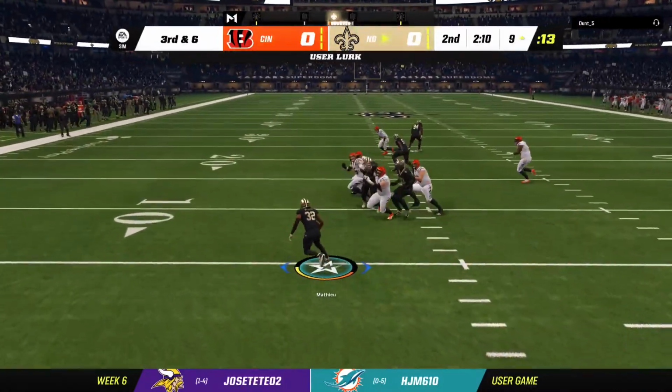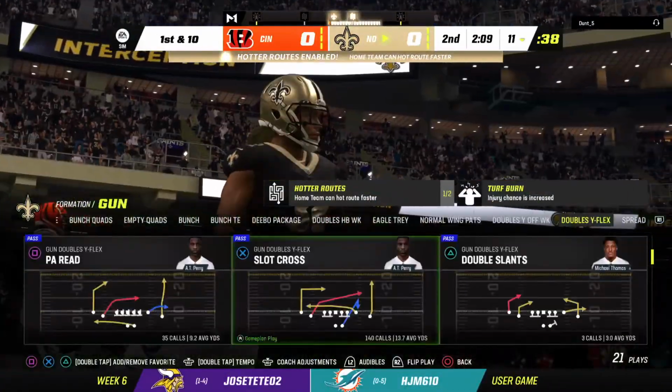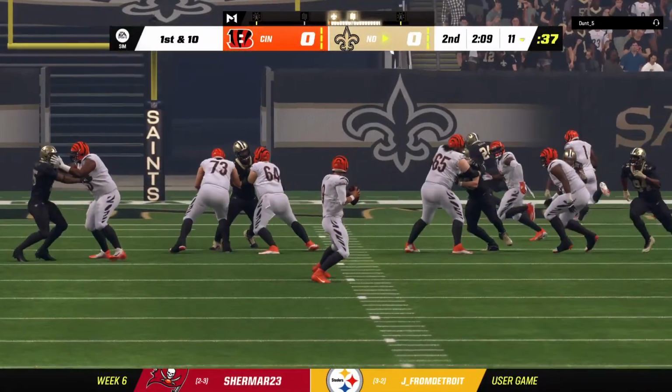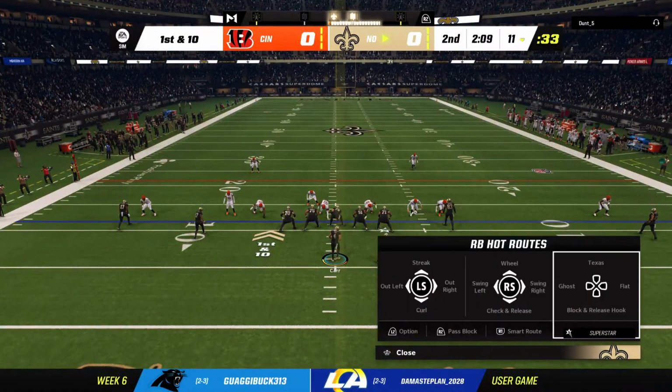This time for Smith, and it's intercepted. It's the Honey Badger, Tyrann Mathieu. And the Saints are going to take over at their own 11-yard line. And when a team advances as far as they did, got over the 50-yard line, don't you think that drive deserved a better ending? I think he needs to get with his coaches on the sidelines, make some immediate adjustments,